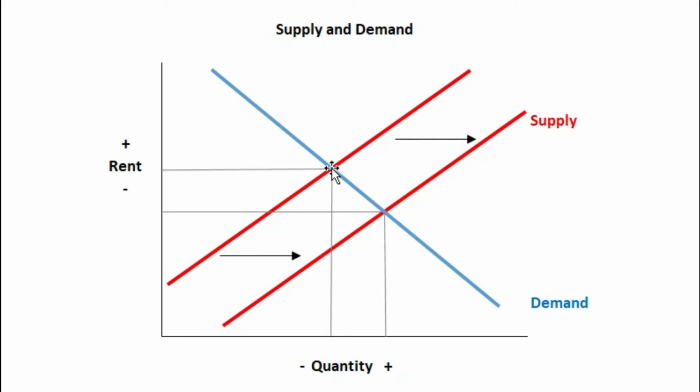Now we have the equilibrium here with supply and demand, and you can see it moves over to the right here. Now as we do that, the equilibrium also moves down to this point here. And what that does is it creates a higher supply of housing. You can see the quantity moves up. But at the same time, the rental price decreases because the supply has gone up, demand has stayed the same, and this has the effect of reducing the price to rent a home.